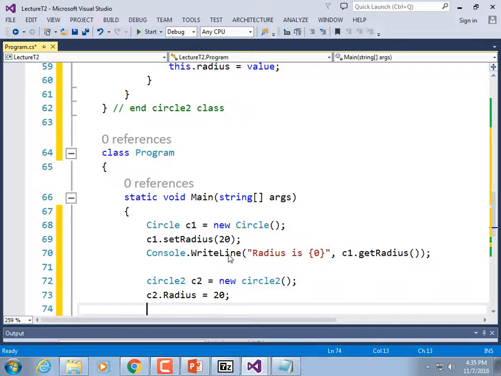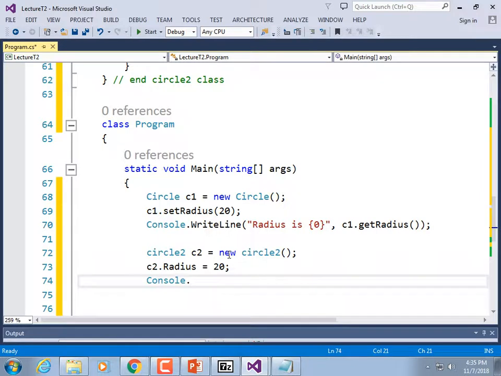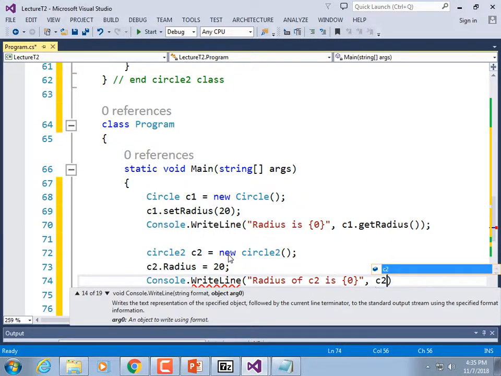And then let's print it out. Console.WriteLine("Radius of c2 is {0}", c2.radius);